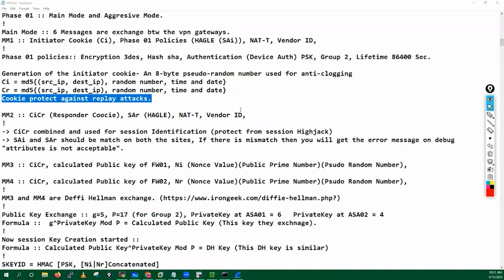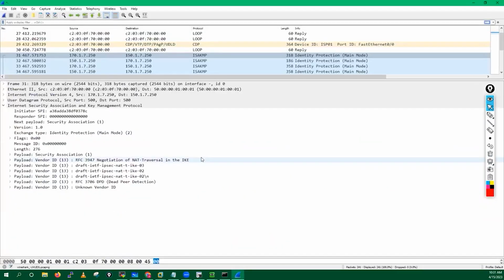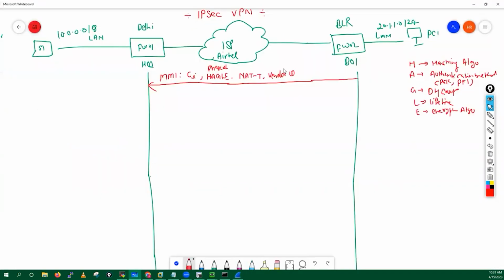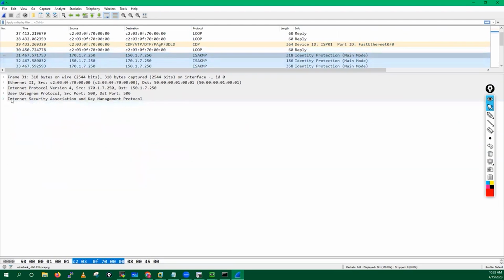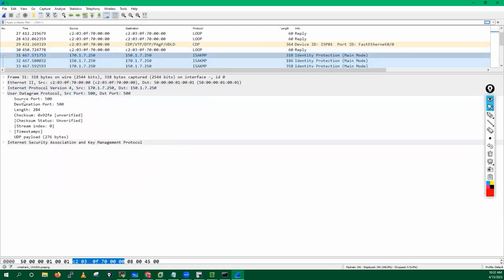Now let's try to understand whether this is the correct information or not. Whatever information I have written here, is this correct or not? So let's try to validate this information. I have captured message number 1. Now how will you make sure the captured packet is the correct one? You have to go inside the UDP and check the size. UDP payload size is